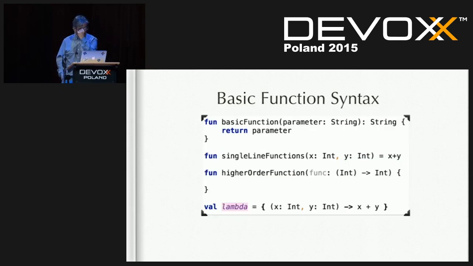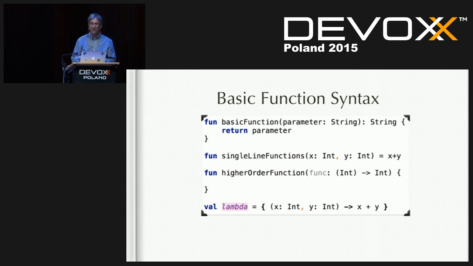So just to get you up and running, a very, very simple slide, just so that you see a little bit what the Kotlin syntax looks like. That's a basic function. It uses the Delphi approach where you have a parameter string and it returns a string. You have single line functions which take 2 parameters and return the sum of it, so often you don't even need to put a body in the function if it just returns the type. It's got type inference, so it allows it to be quite concise.